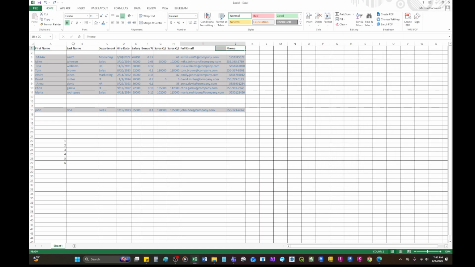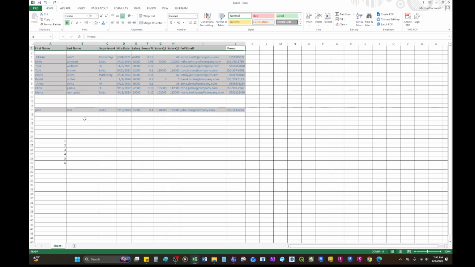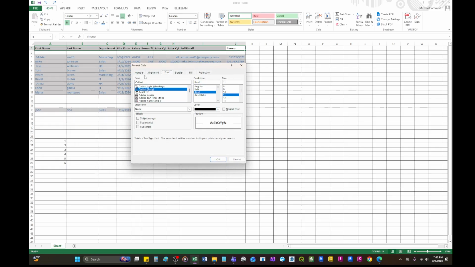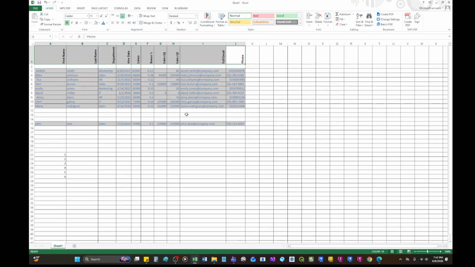You will have this option. You just highlight this one, right click, go to format, and then go to font, sorry, alignment, and then make this 90 degrees. Then it will be rotated like that.